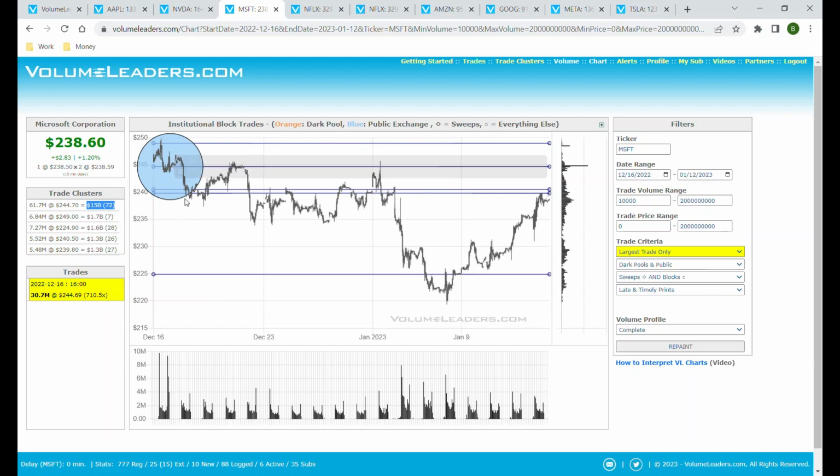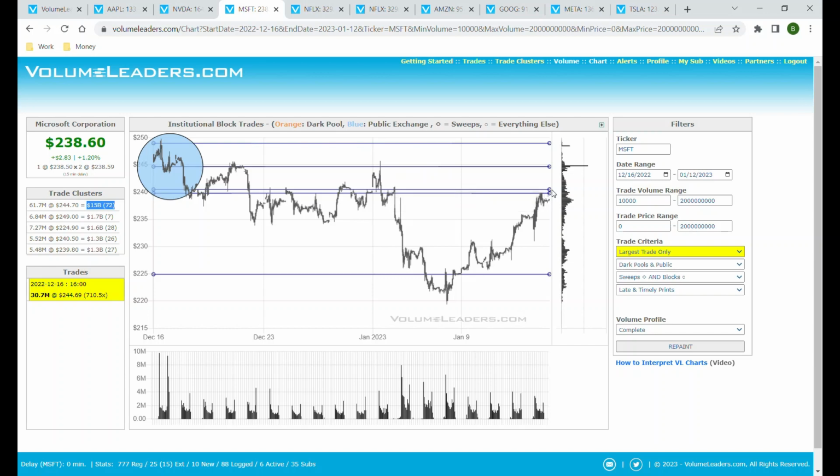Price came down, institutions traded here. You see a cluster is formed by these two lines here. Two clusters actually, not one. Price went up, retested OPEX and failed, which is not a surprise given how large that trade was, and found its way all the way down here. And what's not shown is there was another big trade down here, not as big as this, but big enough, and we've got a bounce from it, and price is now